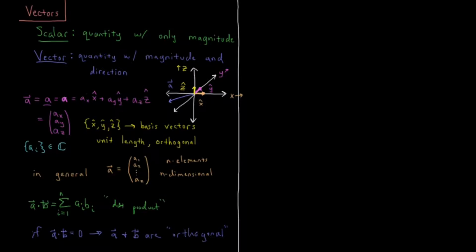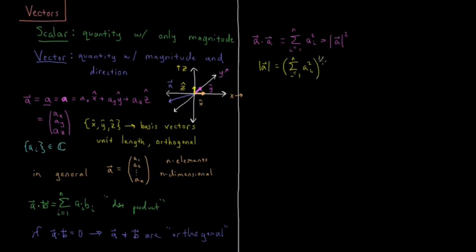What about this unit length part? How do we get the length of a vector? So that comes from the dot product with itself. So A dot A is equal to the sum from i equals 1 to n of the ith component squared, and that is equal to the magnitude of A squared. So the magnitude of A is going to equal the dot product with itself